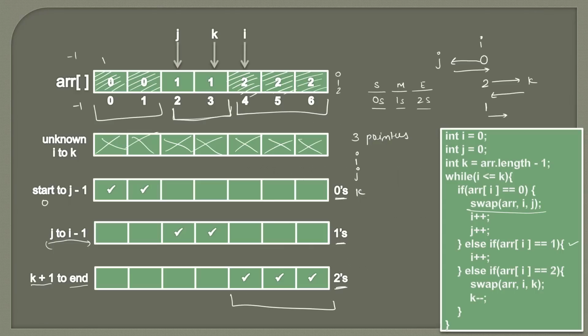So friend, this is how this algorithm works. Basically, we need to keep the track of 3 pointers. I is actually doing main work. It is encountering different values at different positions. When it encounters 0, it swaps it with j. When it encounters 2, it swaps it with k. And when it encounters 1, it does nothing, it simply moves ahead. So you need to go through this algorithm few times to understand how these regions are getting plotted and how these zeros, ones and twos are actually segregated that way.